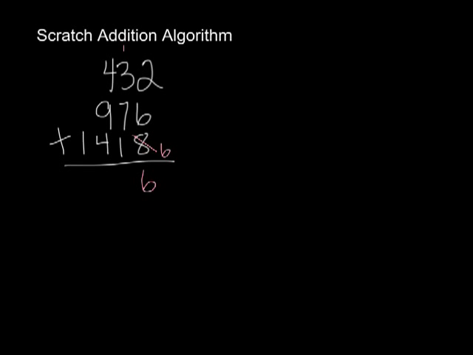So 1 plus 3 is 4, plus 7 is 11, so I'm going to make a scratch and write down the 1, and then 1 plus 1 is 2. One scratch, so that goes in the next column. 1 plus 4 is 5, plus 9 is 14, so I'm going to write down the 4 and my scratch for my one group of 10. And 4 plus 4 is 8. And how many scratches? I had one scratch, so 1 plus 1 is 2, 2,826. And again, we can verify that doing our standard algorithm.